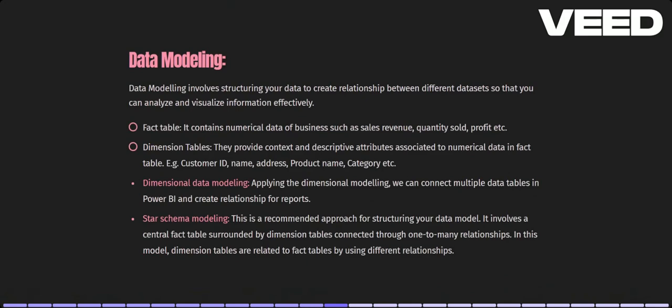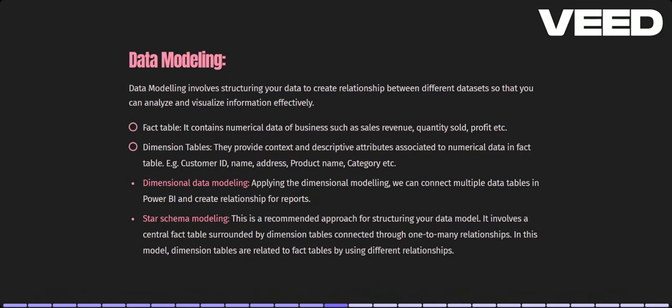The next topic is data modeling. Data modeling helps to create relationships between datasets so that you can visualize information effectively. For this region, the sales are there. If you want to get profits based on region, you have to map the sales with the region.